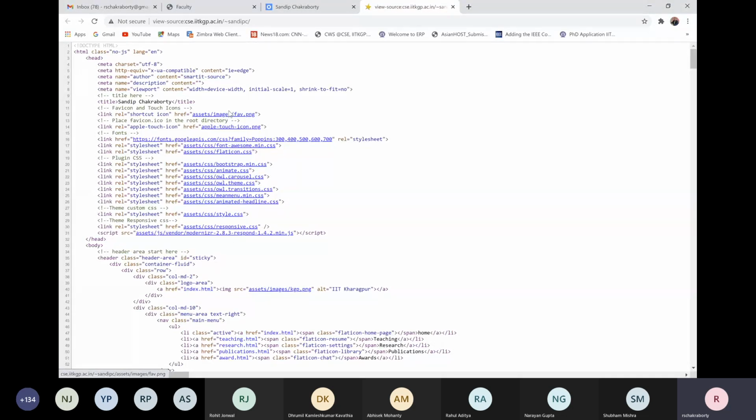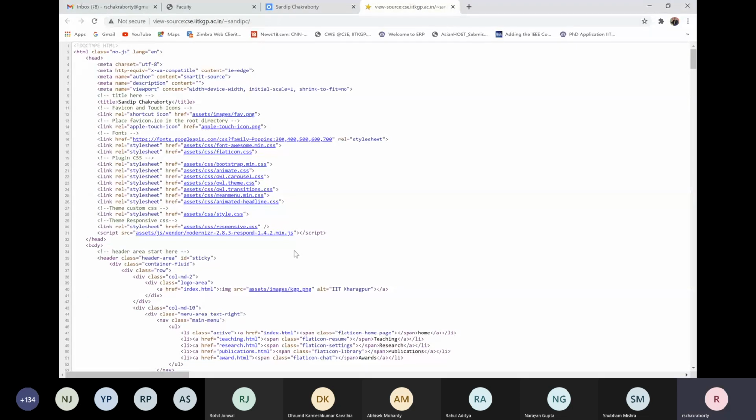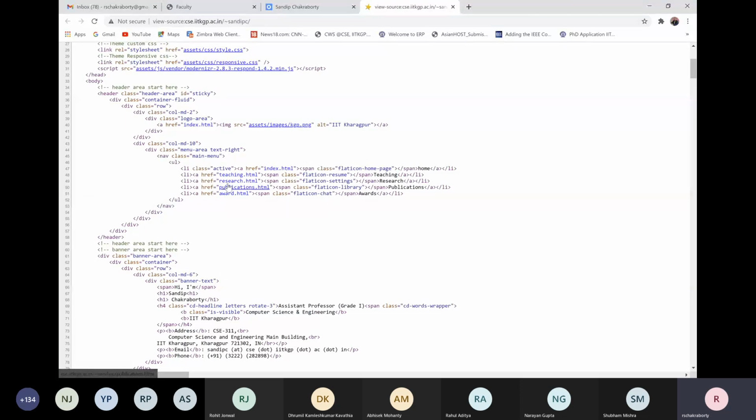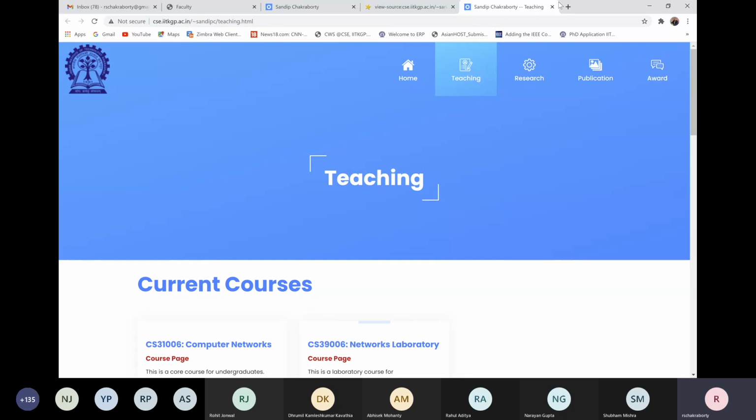I don't know what these are, but these are some things that are happening. kgp.png is the KGP logo. Then there is this href, teaching.html. This is a page. If I click on it and say open in new tab, this will open in a new tab. This is the teaching web page.